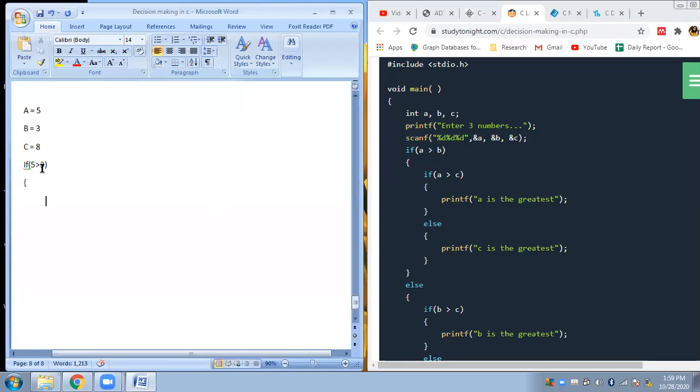See, if 5 greater than 3, yes, true. You came inside. Inside, what do we have? If A greater than C. If A, what is A? If 5